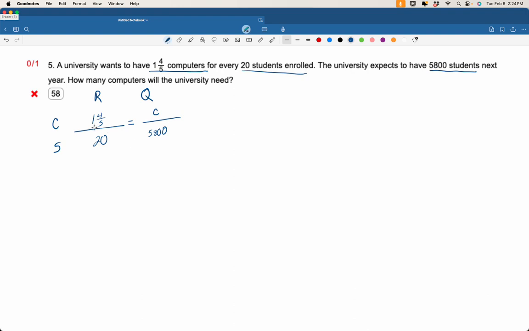So algebra hates mixed numbers, so we're going to turn this back into an improper fraction. So that would be 9/5 over 20 equal to C over 5,800. So let's cross multiply 9/5, and I'm going to turn this into a fraction by putting it over 1, because you can turn any whole number into a fraction by putting it over 1. That's just going to help me multiply better. And then this is equal to 20 times C. So when I do this calculation here,